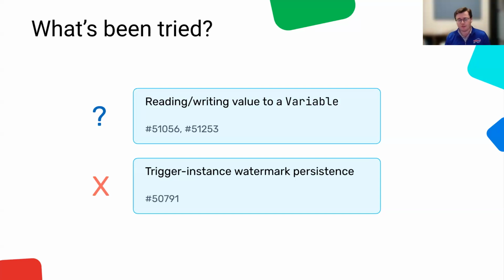However, if that trigger dies, then we run into the issue of resetting all the way back to the beginning. So this is what's been tried so far. Again, these first two pull requests have been somewhat successful and have definitely offered us a great starting point, but it hasn't been a pattern that we've been able to scale to other triggers for asset watching. And then the one that I wrote below, the idea is okay, but it doesn't really work.